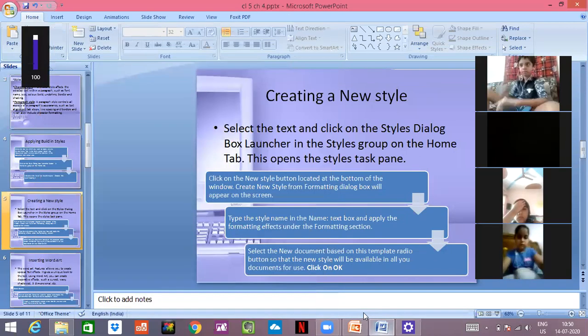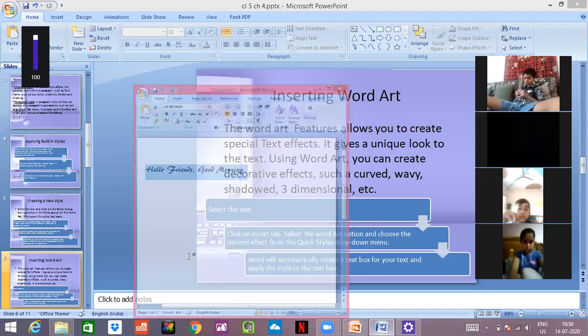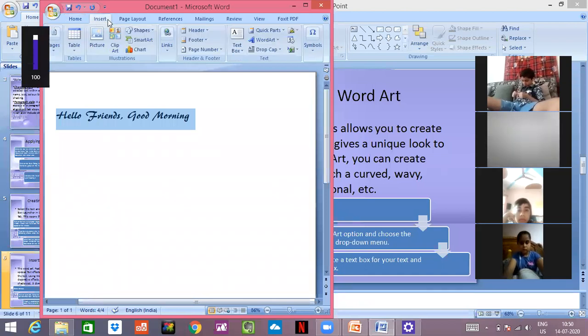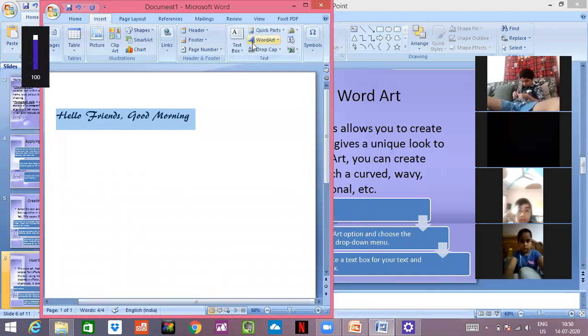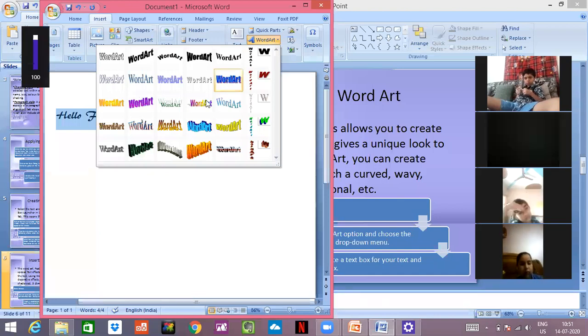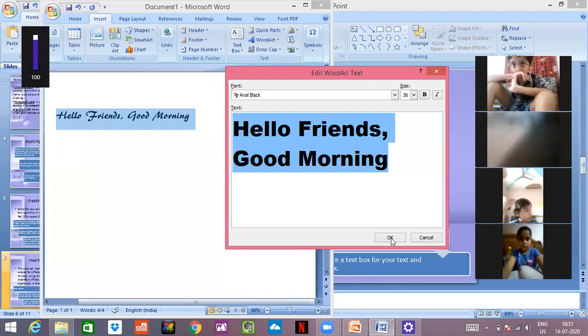Okay. Now we come to the next option, inserting a word art. Wow, I love this one. Now word art is a very good thing. See, just click on insert. You have an insert tab. There is an option, word art. I have to just click on word art and see how many options are present. I have to just select an option. See, my text is already selected and I'll click on OK.